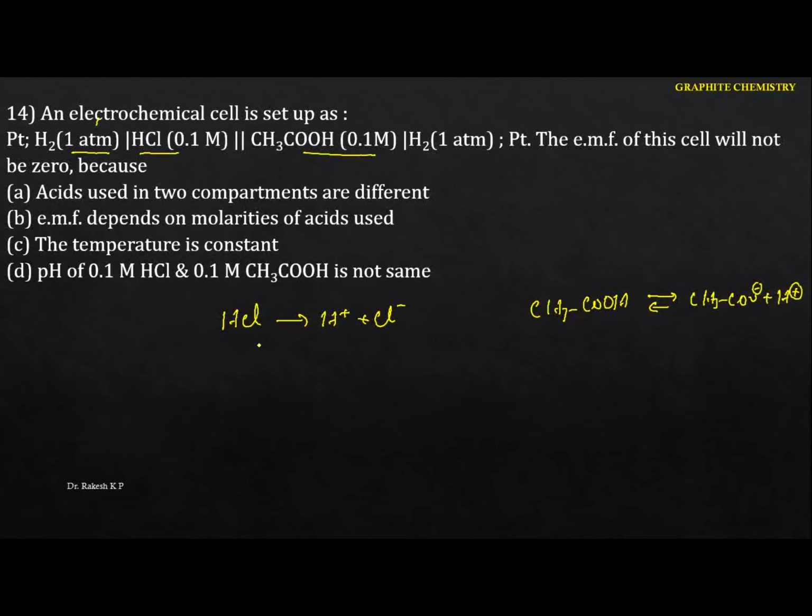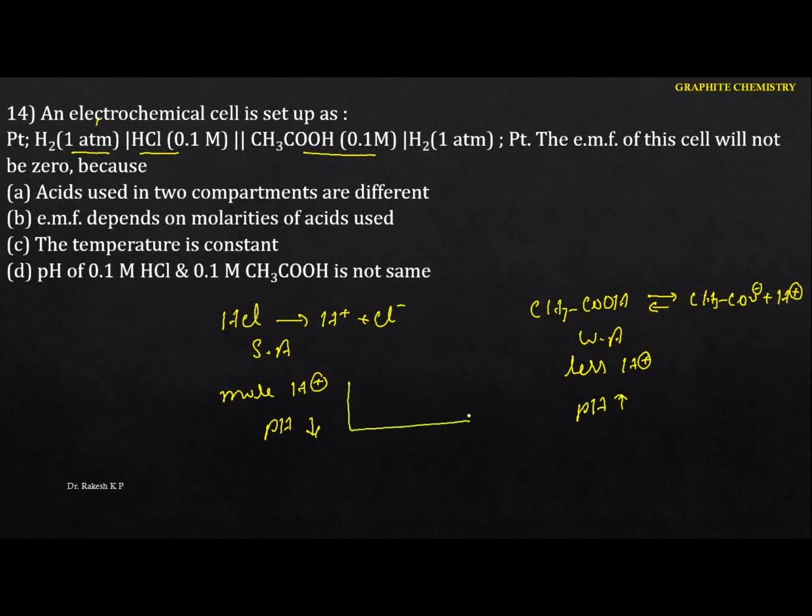So we know that HCl is a strong acid. Acetic acid is a weak acid. You just identify which one undergoes complete dissociation. What you can identify is more H plus. If the H plus is more, what happens to the pH? The pH will be less. That means the lower the pH, the more acidic it is. Similarly, we can identify less concentration of H plus, and the pH will be more. Now we just identify.